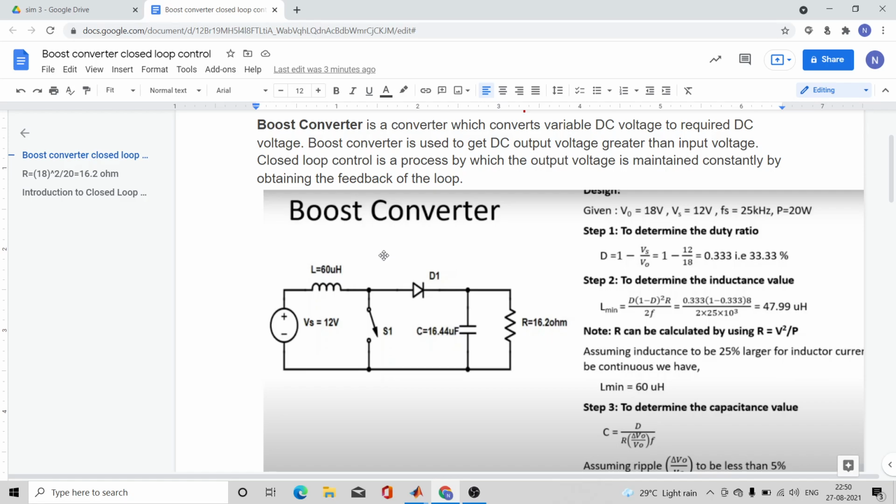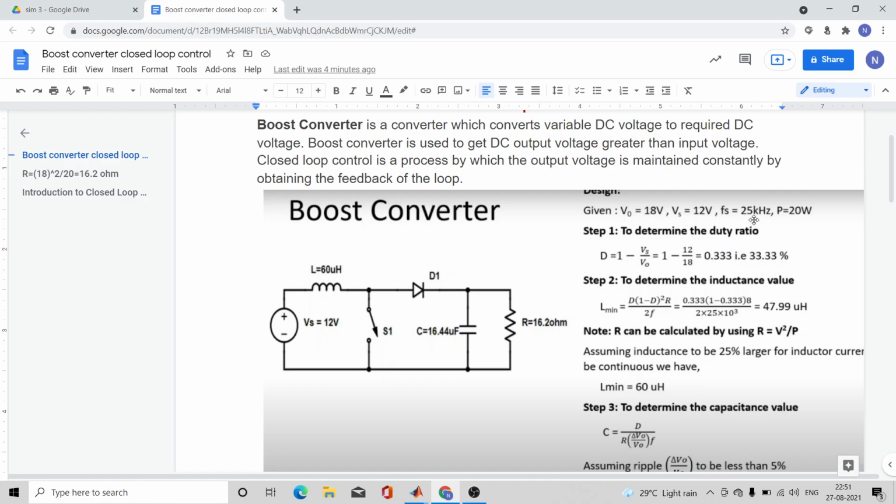Just like in case of AC you step up the voltage, here in case of DC you use the boost converter. You can relate like this. So these are the formulas that you have actually seen in power electronics, so we are directly going to use them over here to prepare the design of the boost converter. So here the output voltage we want, the boost converter of these requirements. I have an input of 12 volt and I want the output to be 18 volt DC. Input and output both are DC, so it is also called a DC to DC converter.